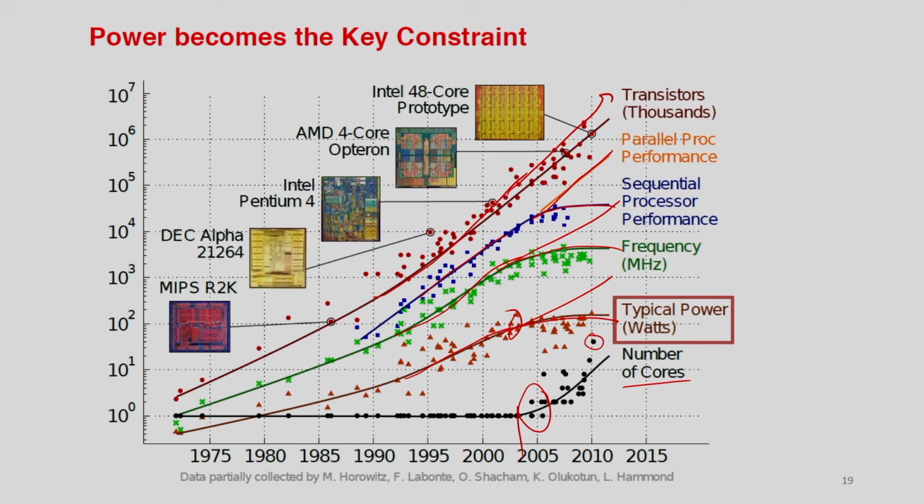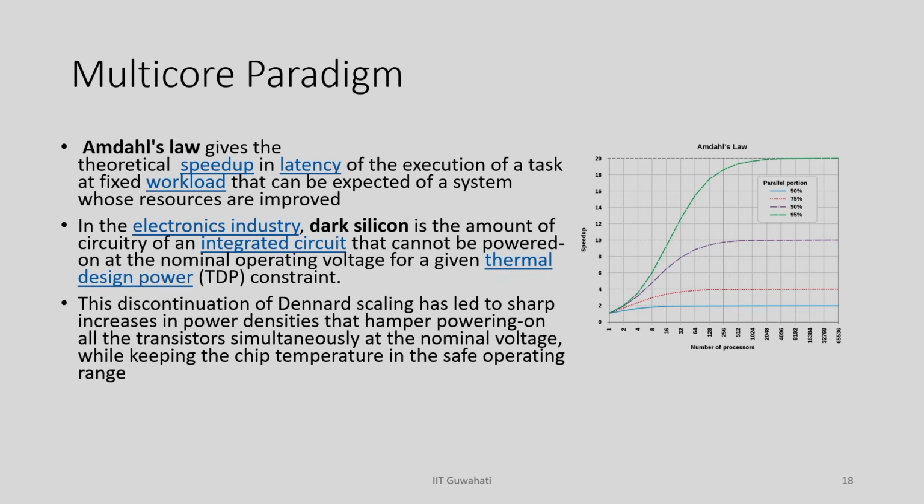Will this continue, so that I put 32, 64, 120 cores and so on? It does not, there is an end to that also. This is given by this law, which shows how the speedup happens with the number of processors. If you double your processors, your speedup might double initially, but after some time it will flatten down.